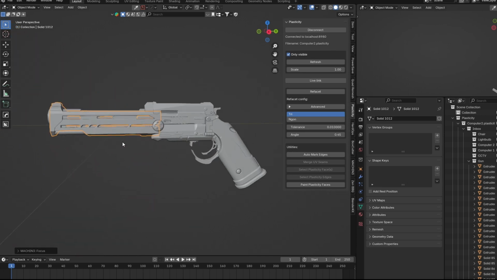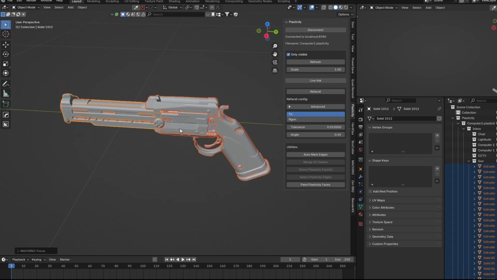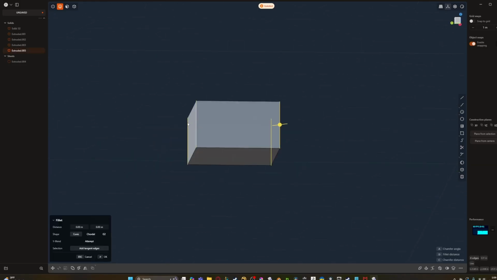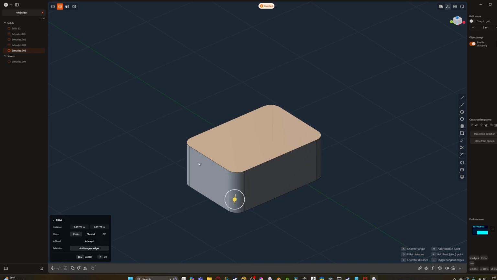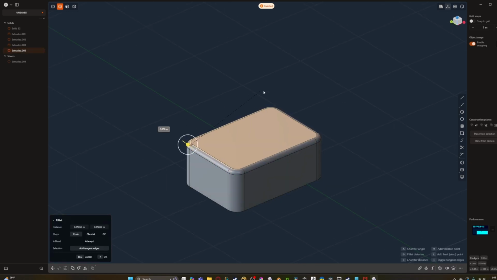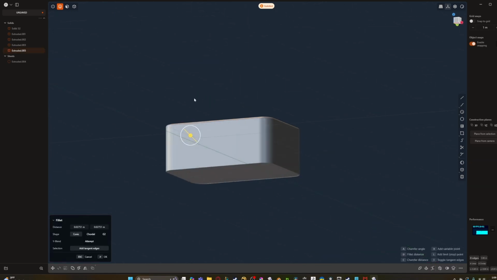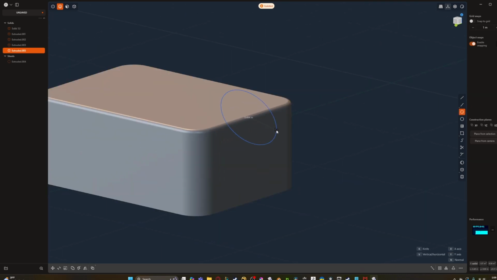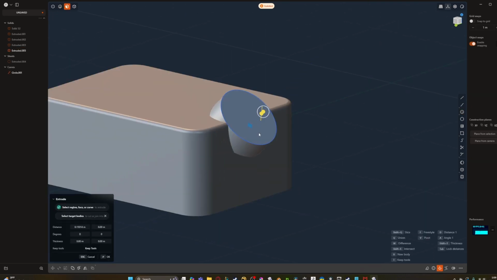Once our object has been initially imported, let's talk about why we want to do our bevels in Blender and not Plasticity. Most of the time when you're adding bevels, you can just add them in Plasticity, but for tiny bevels, like if I were to just bevel this edge slightly here, this can get in the way, especially when you're still designing. Like if I were to do a cut right here,